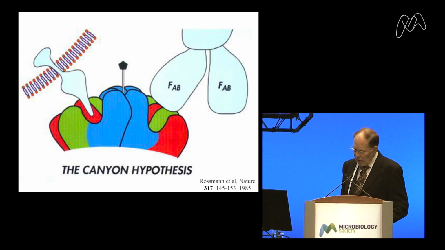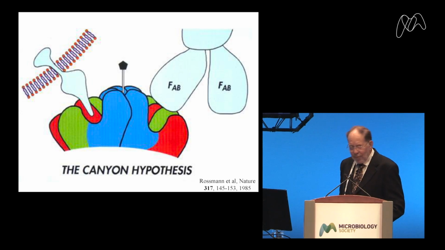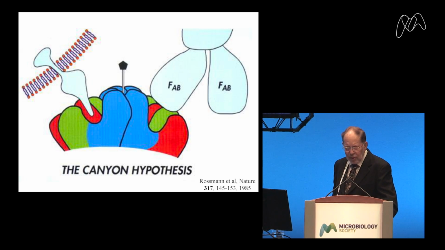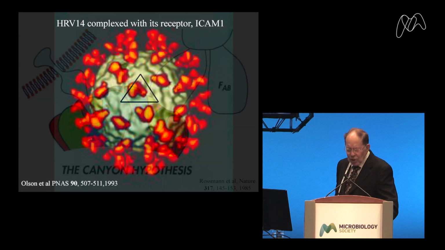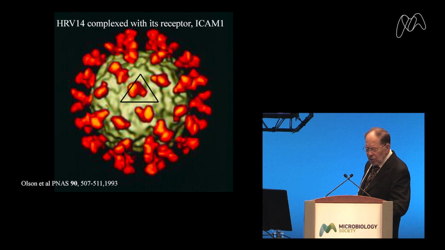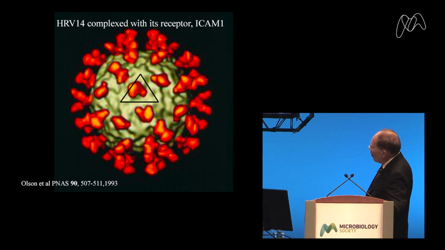I had gone to Cambridge in 1980 and learned something about electron microscopy. When I came back, we were ready to look at these viruses. And the nature of the receptor for the rhinoviruses was determined by Tim Springer, for instance, at Harvard, and was the intercellular adhesion molecule 1. So we were able to obtain some ICAM1, bind it to the virus and do an EM, electron microscopy, very low resolution in terms of today's ideas, but we were able to show that the canyon hypothesis was indeed correct, and we were able to see where the orange ICAM1 bound into the canyon.